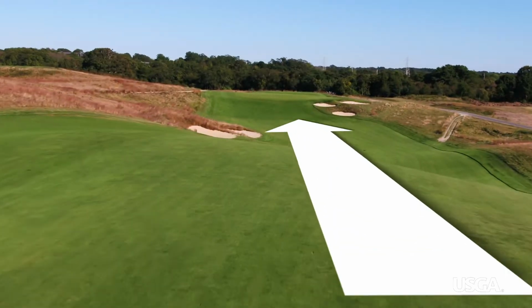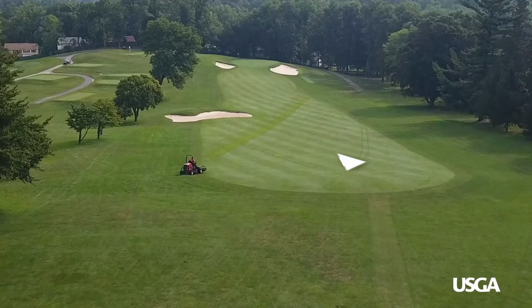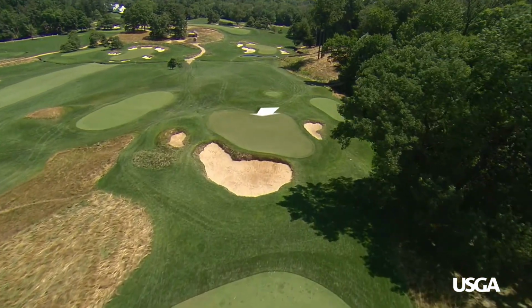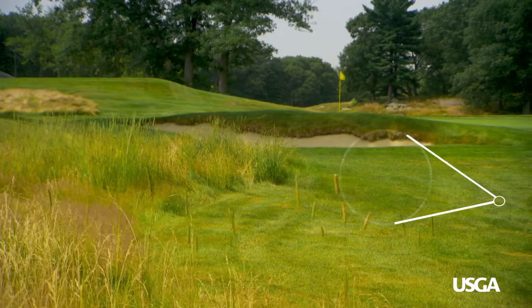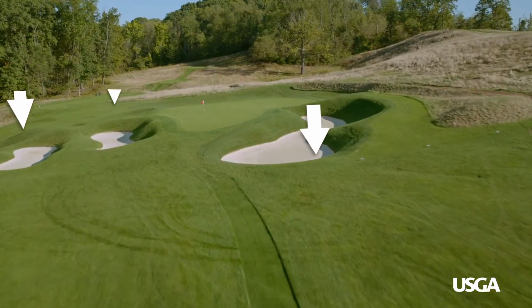This looks pretty level to me from here, don't you think? Topography is looking at terrain, such as elevation changes. I'm getting 24, Jack. So we measure the fairway width and we determine the green target, factoring in the green size and the approach shot. We also look at what the player has to deal with if they miss the fairway or the green, such as the rough, bunkers, and other recovery issues.